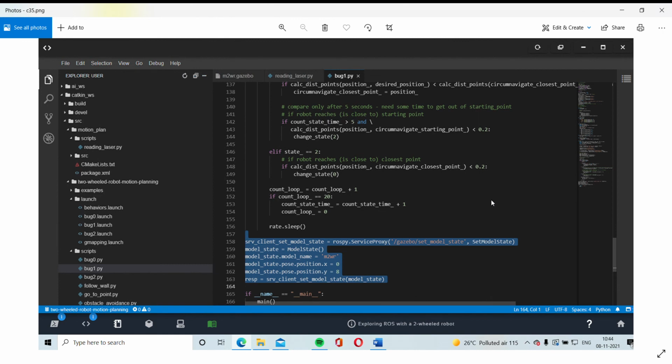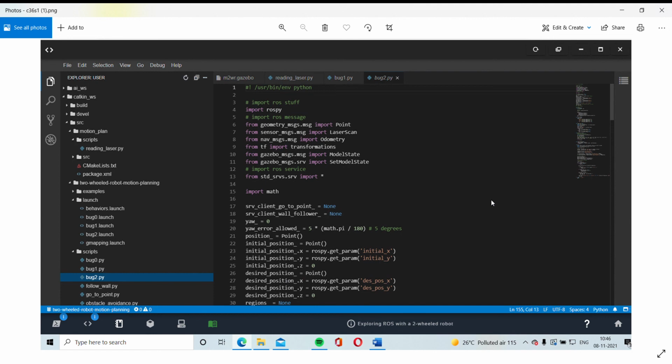We'll create a script so that the robot resets, because every time we make some change to our algorithm, we need to start the simulation again and again. With the help of the script, we'll not need to restart the simulation. This is possible because Gazebo provides a node called Gazebo set model state to set the model state. The following script shows how this is done.